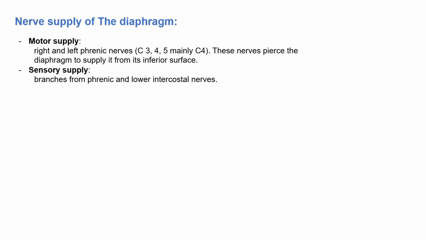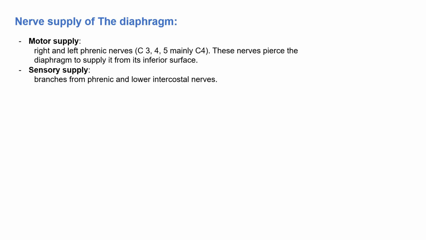Nerve supply of the diaphragm. The motor and sensory nerve supply of the diaphragm is the phrenic nerve. Its root value is C3, 4, 5, mainly C4 nerve fibers. The left phrenic nerve pierces the muscular part of the diaphragm anterolateral to the central tendon, on the left side